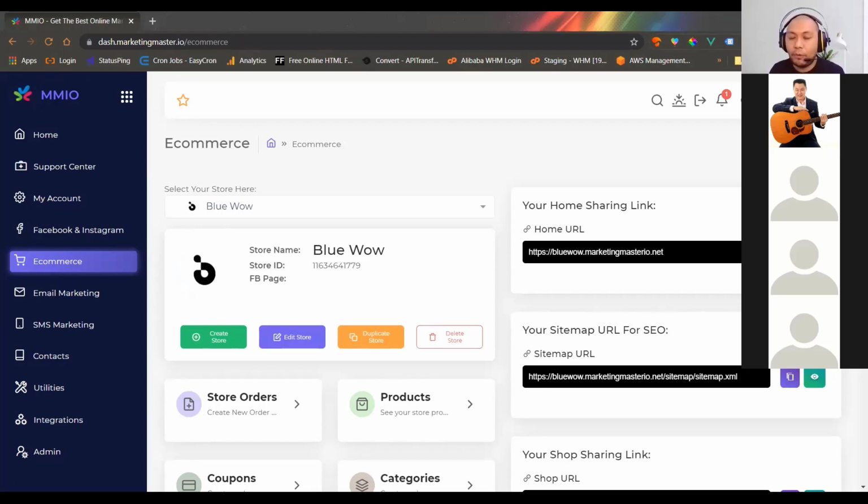So what we're going to do now is start with enhancing the e-commerce store that we have created, and we are going to learn what tools are needed to enhance the marketing, right? We are going to discuss checkout rules. We are going to discuss funnels. We are going to discuss how to create a front page and how to create a theme. So we have a lot to discuss